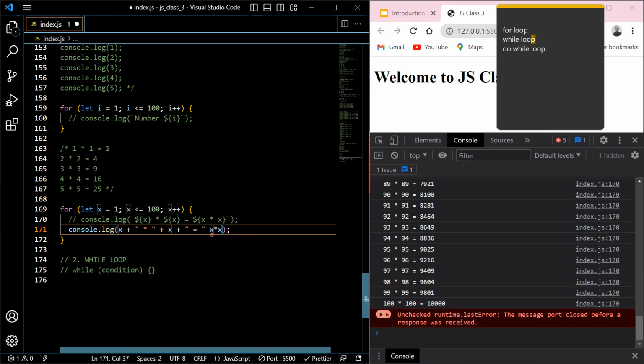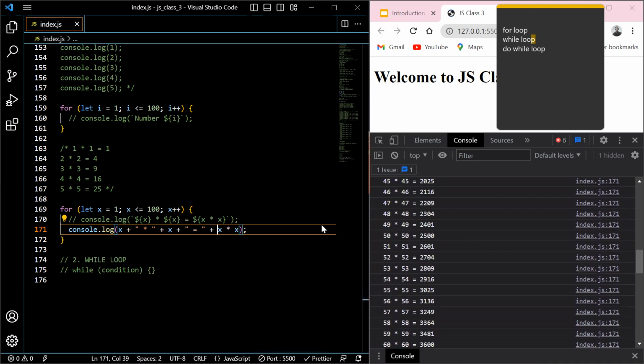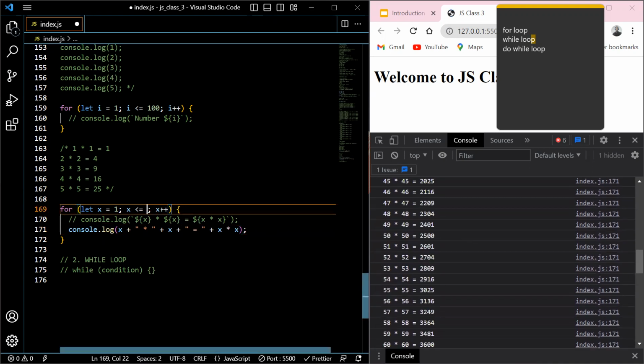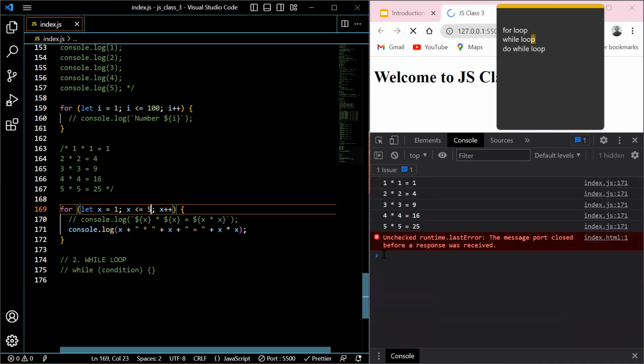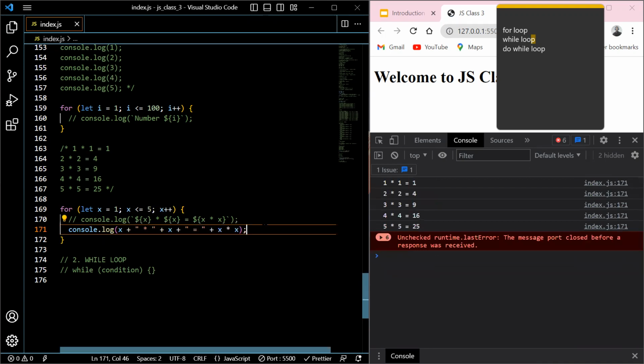Okay, there's a plus here. Plus. Let me save this. You see that same table is generated. Let me reduce this number to 5. You see, right? It still works. But now, imagine the stress of trying to go through this and ensure that you do not forget a plus,